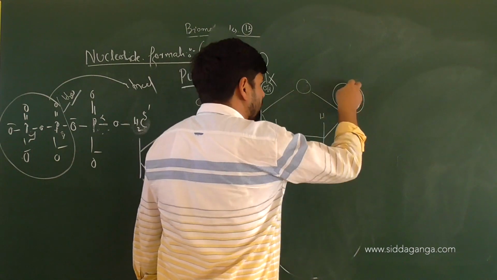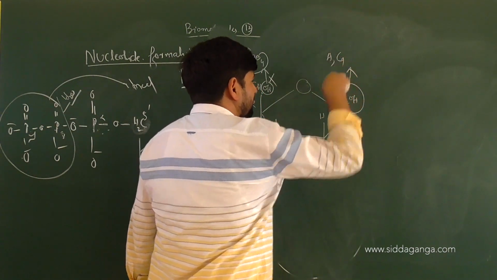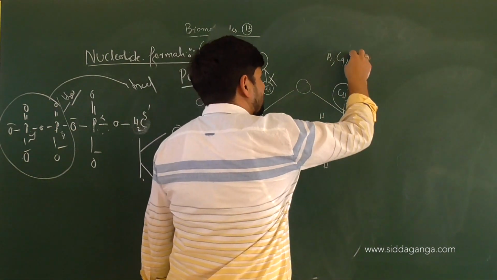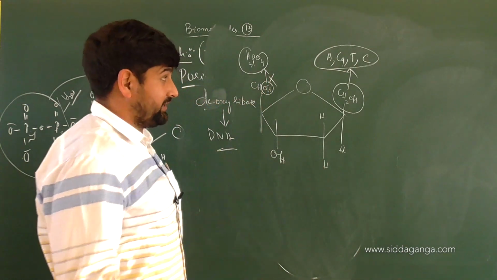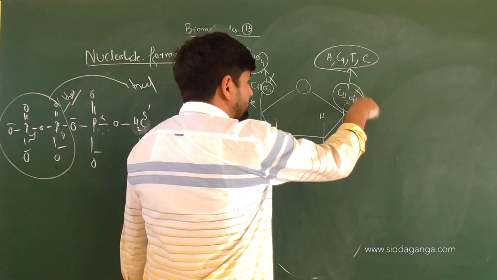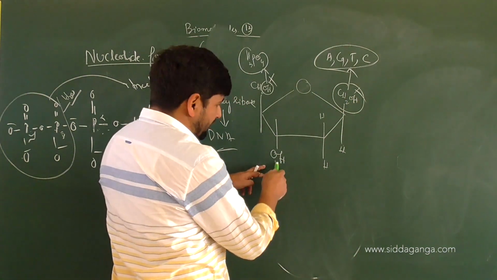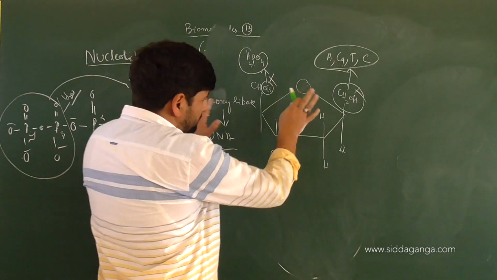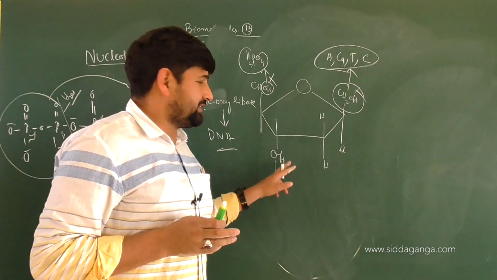Now this is also gone when it interacts with either adenine or guanine or thymine or cytosine, not the uracil, because uracil will be in RNA. Keep it in mind. This is a very important structural feature here. So this also is gone. There is no OH here. This OH will now combine with the next nucleotide and this OH will also be over. So there is no OH left free on the ribose sugar now after DNA synthesis occurs.